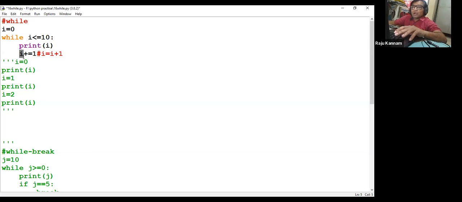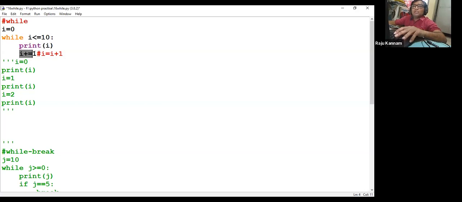1. So after completion of all the statements in that particular while block, again it will come to the condition and check the condition. Once the Python virtual machine finishes its block of statements in the while loop, again it will come to the while loop and test the condition. Now the new I value is 1. Is 1 less than or equal to 10? Yes, the condition is satisfied. Again it will execute print. So this time it will print 1.